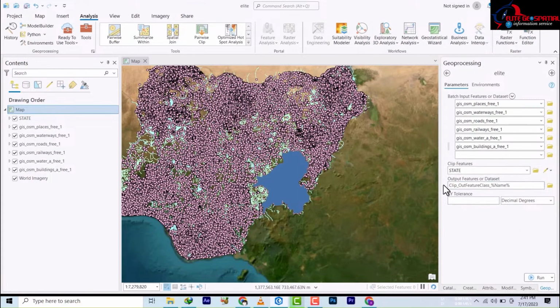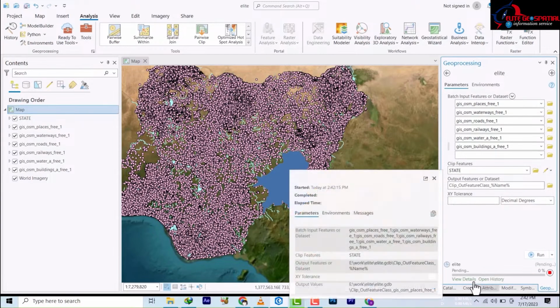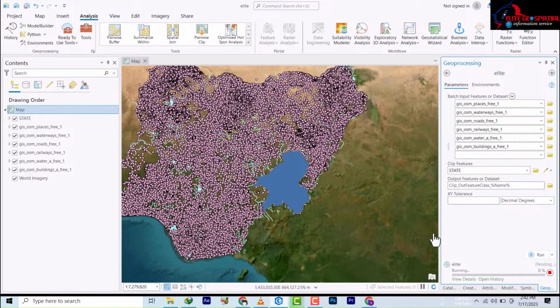So let's leave the name the way it has programmed it, and we're going to run it. This Amos one will take quite a number of time, so I will run it and come back after it has finished. And once you run it, just know that you have successfully done it. It's not asking for anything. So you just wait for it to finish running, because it's a big data